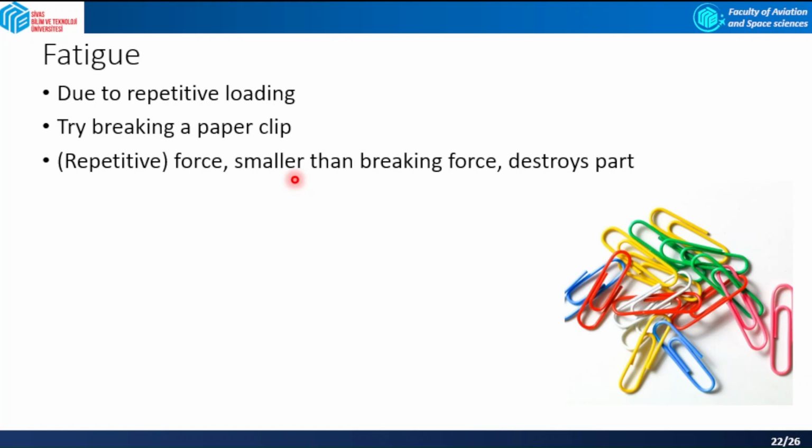And it could happen in the wings, especially when the aircraft encounters turbulence. The wing is oscillating, going up and down, so it is a repetitive forcing. And over time, these repeated cycles of loading and unloading can lead to the development of cracks and ultimately failure